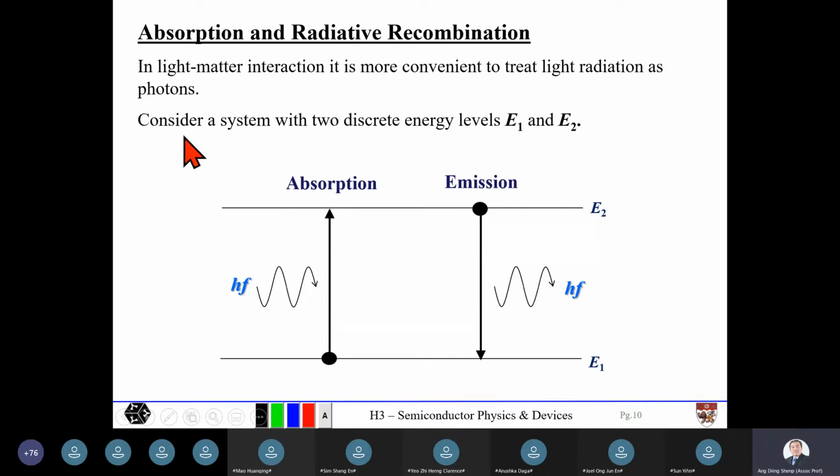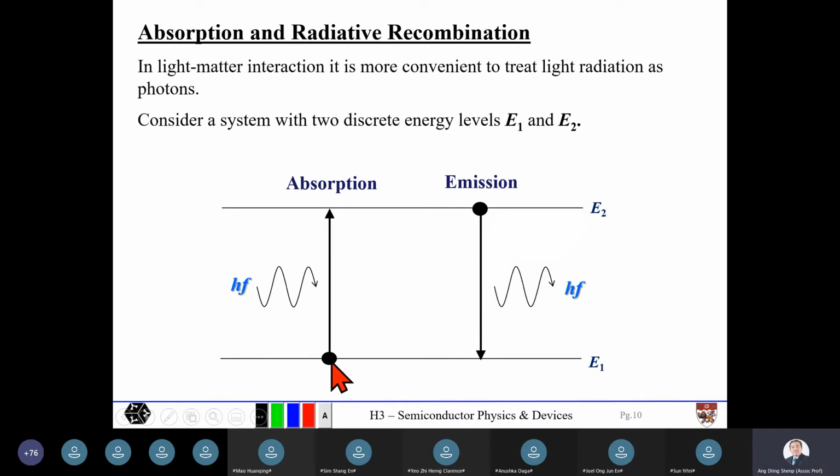Let's consider a much simpler example where the system has only 2 discrete energy levels, E1 and E2 and nothing else. Now, absorption simply means that